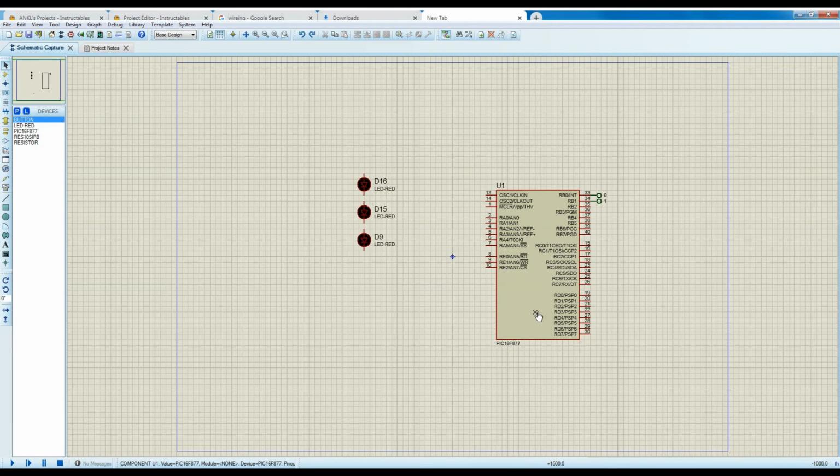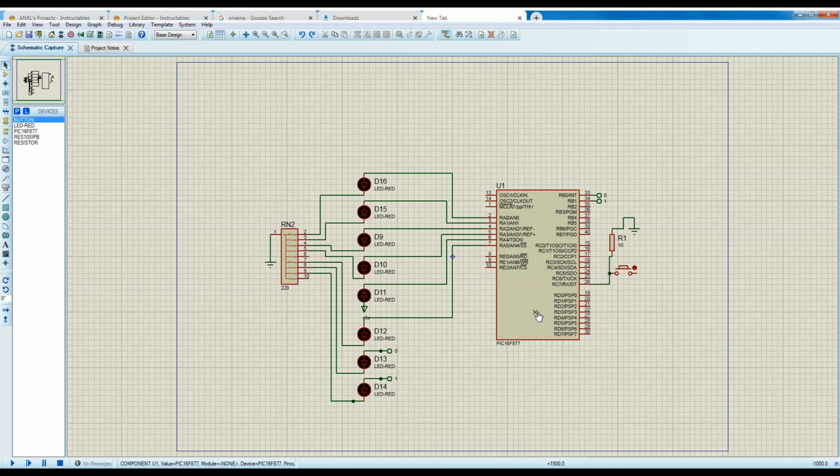So this is a PIC microcontroller. This is the circuit schematic, how I arranged my components in the Proteus simulation. I just used a push button with a pull down resistor, a few LEDs and resistors. So when I push and hold the push button, the LEDs start glowing in a sequential order. As soon as I release it, it will stop, and again when I push it, it will start from the beginning. So this is the task.